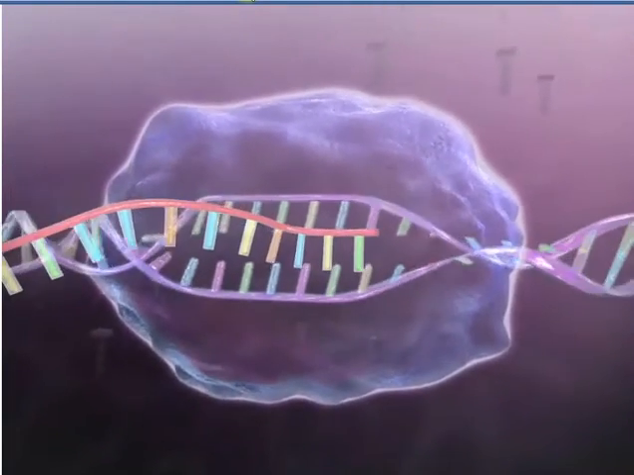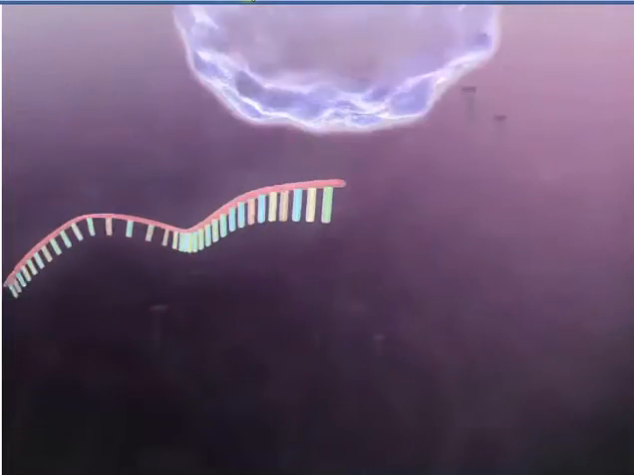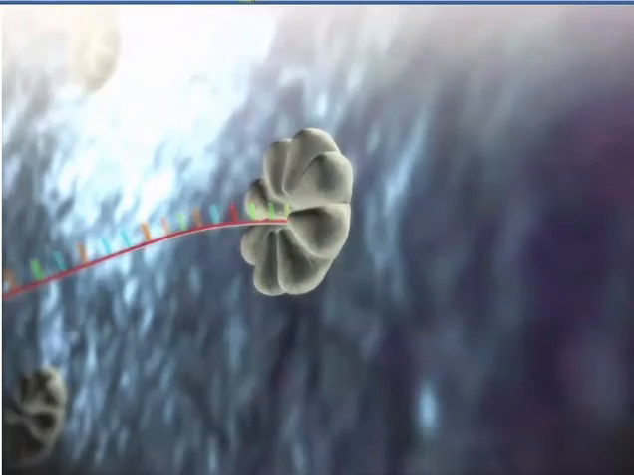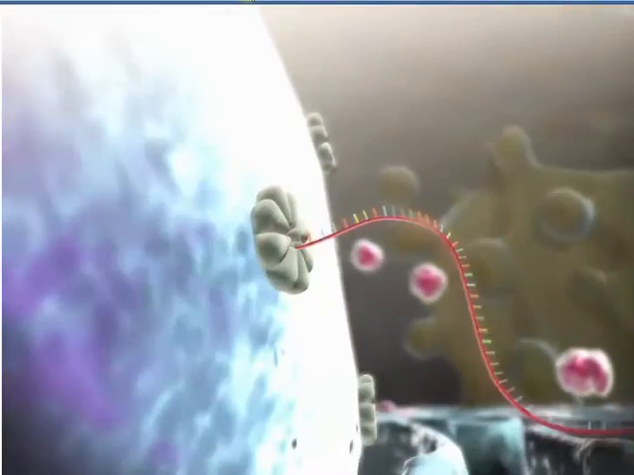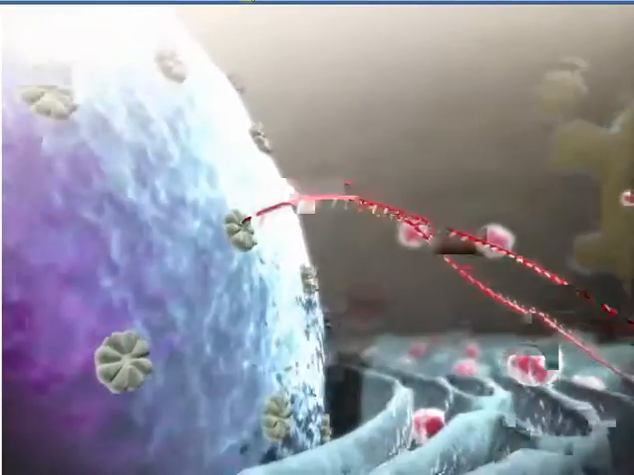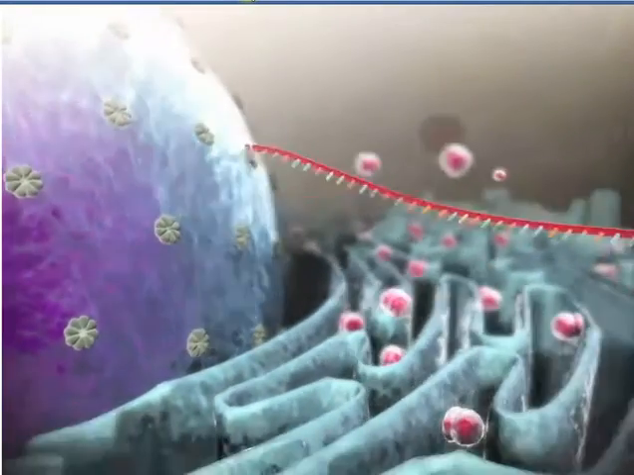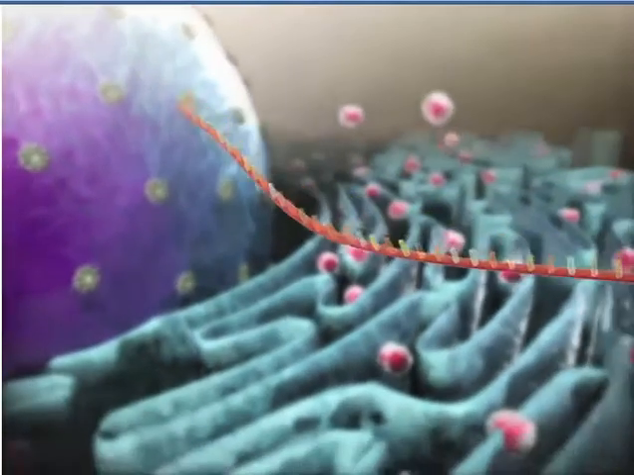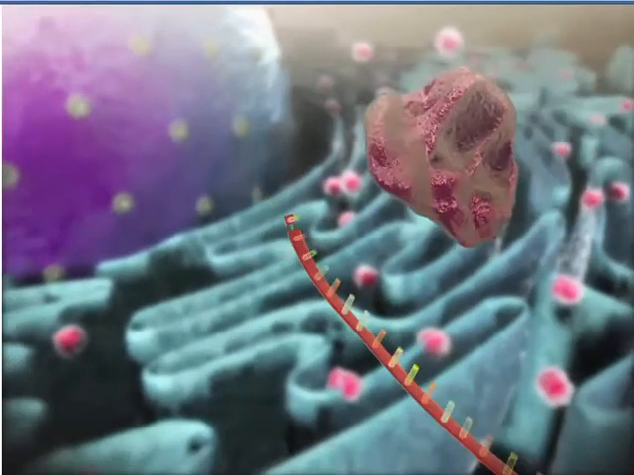When the transcription ends and the mRNA template is complete, it separates from the DNA template and exits the nucleus through pores. The template enters the cytoplasm on its way to the next step in the process of peptide synthesis, translation. Translation begins when the mRNA enters the cytoplasm and a small ribosomal subunit attaches itself to the end of